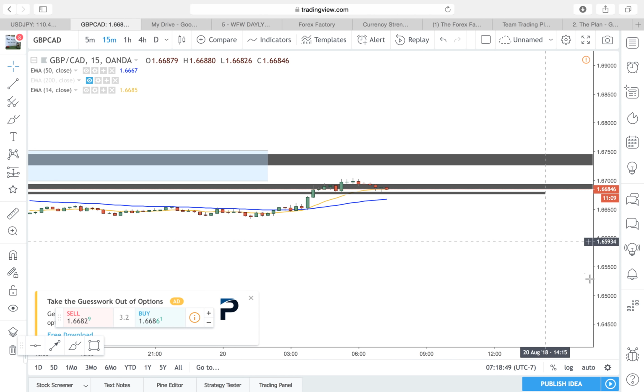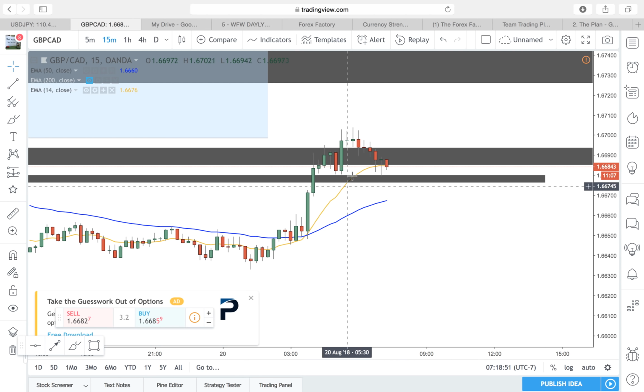So I am looking at GBP CAD for today. And we got this cross. Now we have the retest. This is probably where we're going to reject before going bullish. Absolutely. I think that's exactly what we're going to do. The cross is huge. Huge EMA distance. It's just going to be bouncing off this 14 EMA possibly.